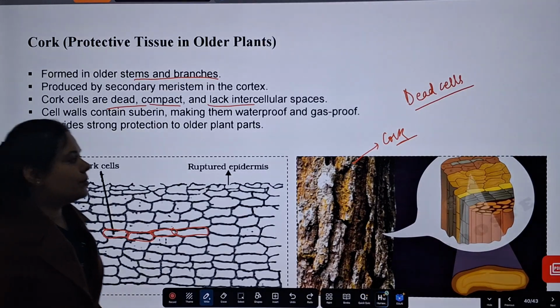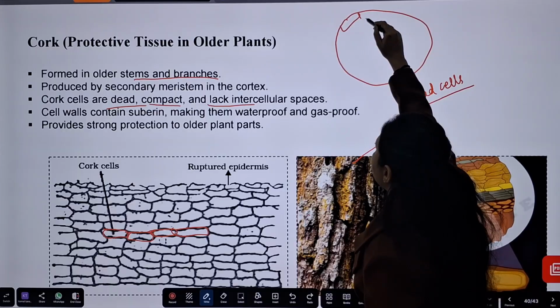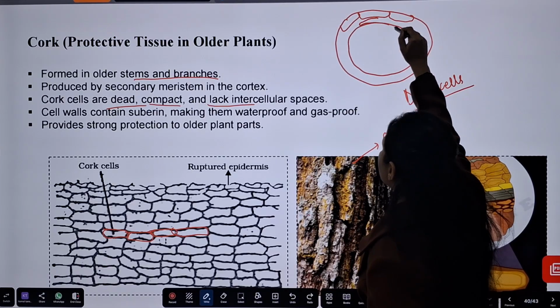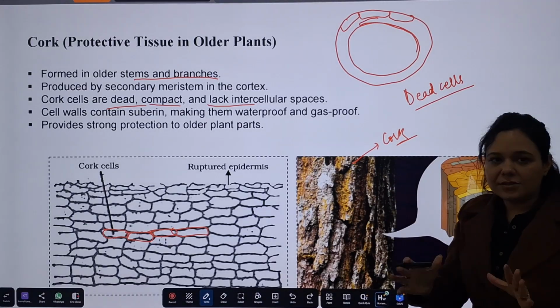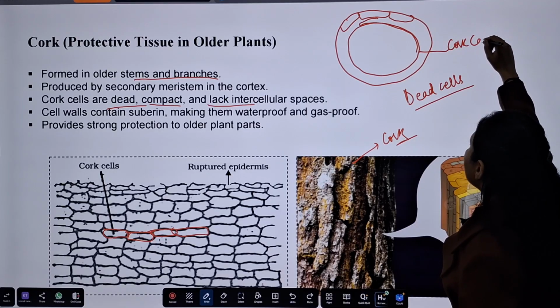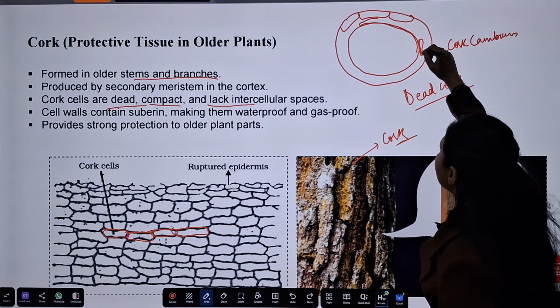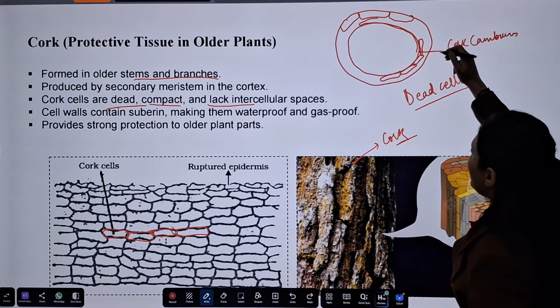So where are they formed? If we cut the cross section of the stem, this is the epidermis. And this is the cortical region, the cortical layer. Some of the cells in the older stem become meristematic. We call it cork cambium. And it cuts off cells on the outer side. It cuts off dead cells, which are compact, dead, and